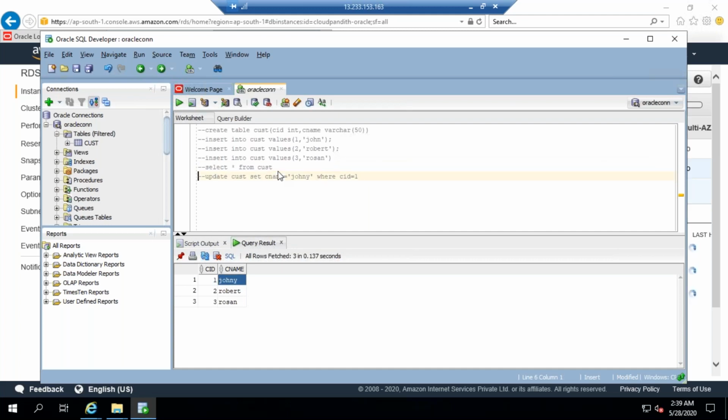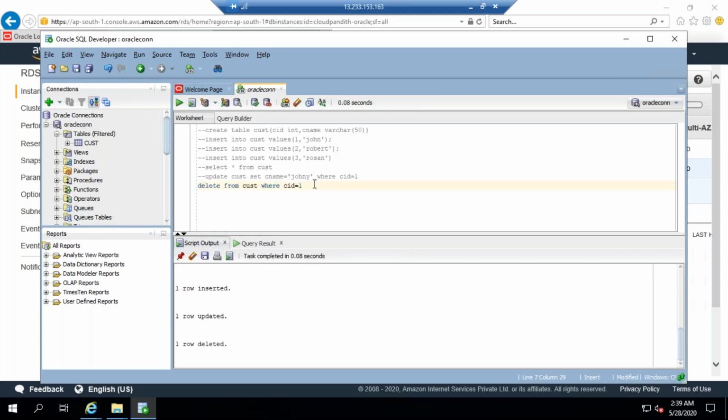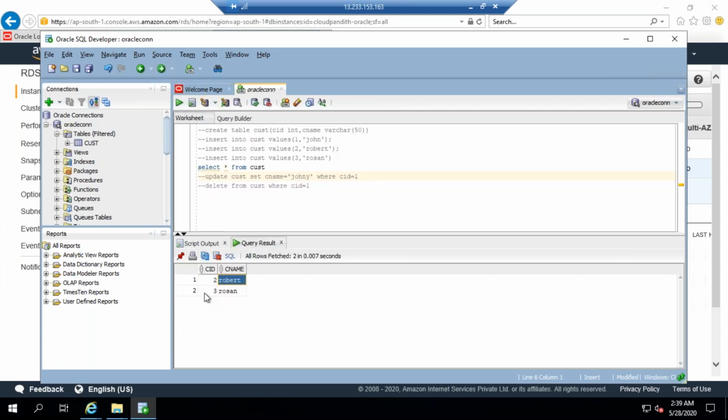Now I want to delete this record. How to delete, friends? Same, right? Delete from customer table where CID equals 1. I don't want to delete everything, right? Where CID, customer ID, is 1. Only this particular customer I want to delete. When some employee leaves the organization, you just have to delete that particular employee ID. You should not delete all the employee IDs, right? That's why I am saying I want to delete only customer ID 1. Now we will see what data we have. Uncomment this, run it and check. See, the first record got deleted.